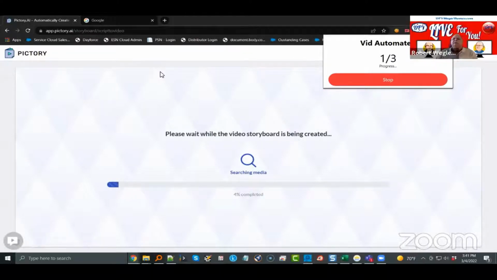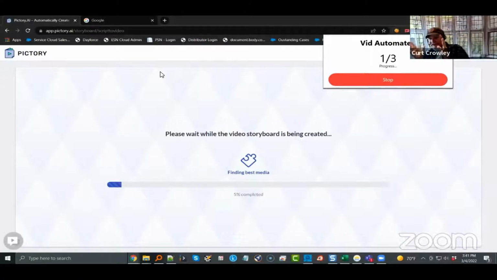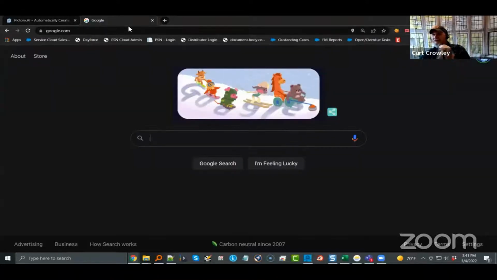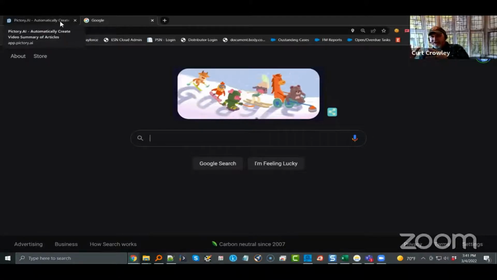Wow. Nice. And it's already done one, and it's on to the second one right now. So I can go away and then come back to it. We're just waiting on it. So if you can start it before you go to bed, you can do anything. Now you notice it's not downloading anything because Pictory is now running that one script in the background to generate the actual video. Once it's done, it emails my account saying, here's a link to your video. So then you could download it.